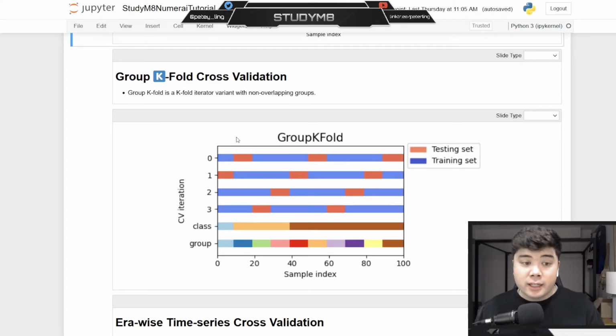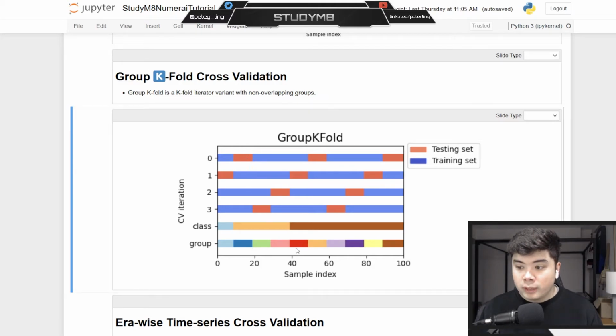column. So if we think to how we're going to use this, if we were to use group k-fold, era 2, era, I think this is 6, and era, I think there's like 10 here. So 2, 6, and 10 would be our test eras for this first split. Now that's good because, again, we can know precisely if we did badly on this first split, we would know, okay, eras 2, 6, and 10 are bad for us, and we can go back and adjust our model based on those results. But there's still a problem with group k-fold for the Numerai tournament, and that is that because